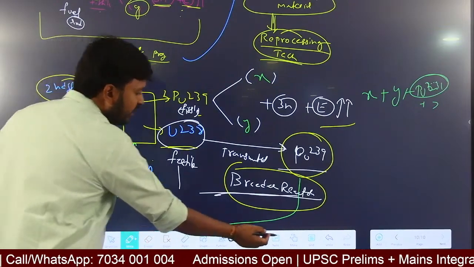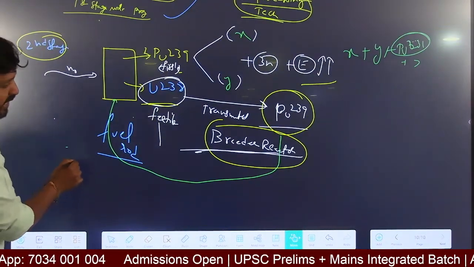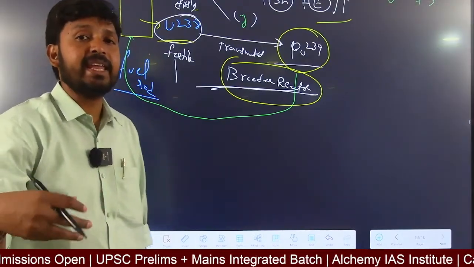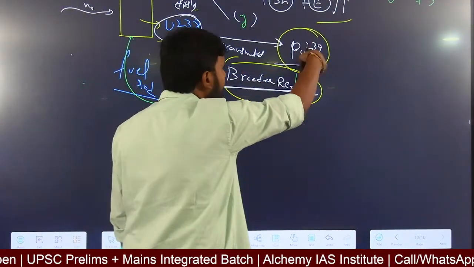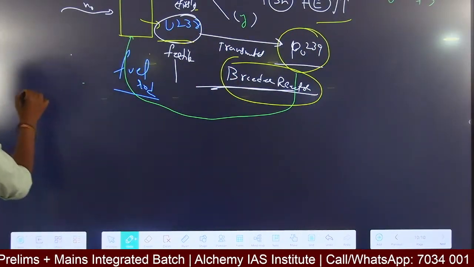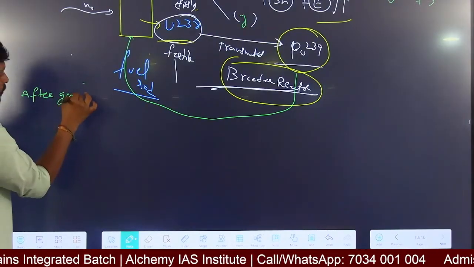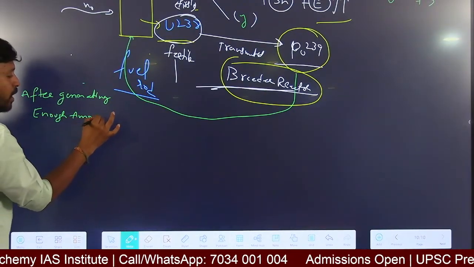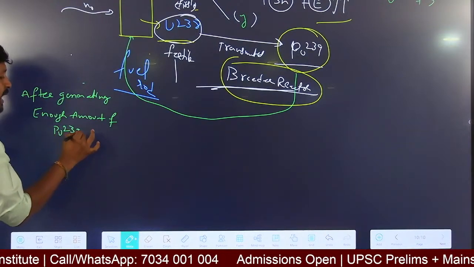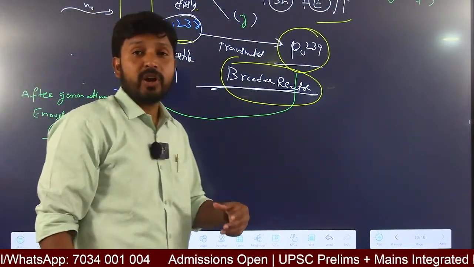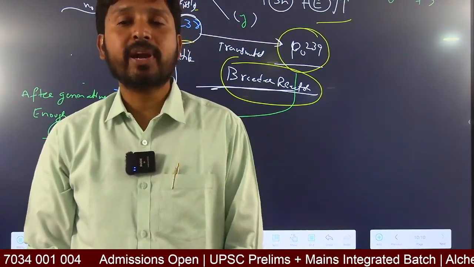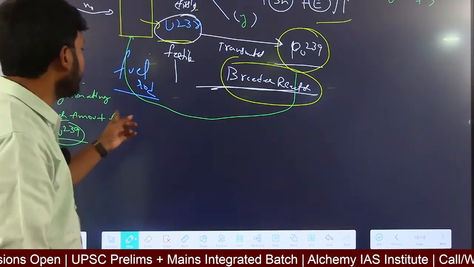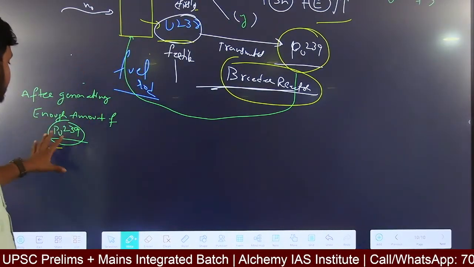But there is some more addition with respect to the second stage. This is the brainchild of our great person, Homi Jahangir Bhabha. After generating enough amount of plutonium 239, because we are generating more of it, we already discussed that we have a huge amount of thorium, right? We want to use our thorium reserves. We don't want to depend on any other countries. So in the second stage itself, after generating a certain amount of plutonium 239,